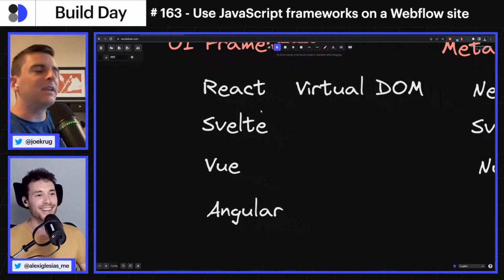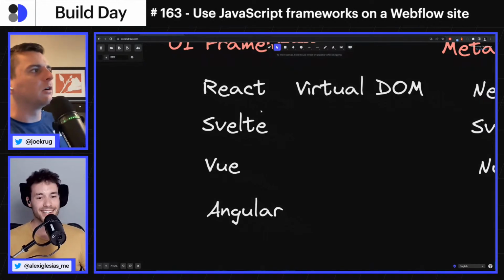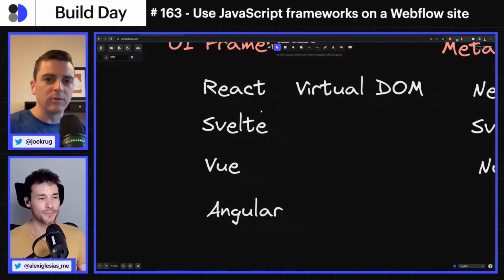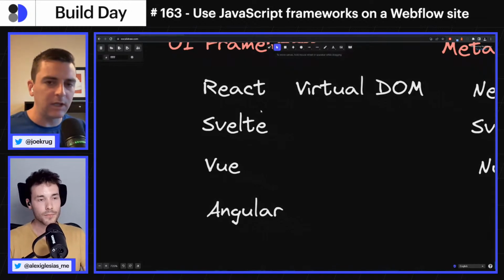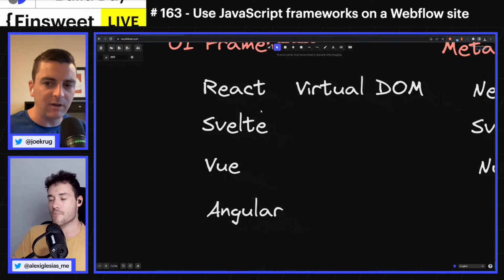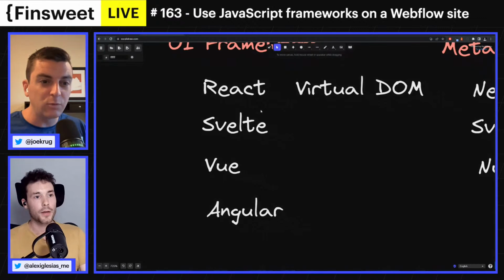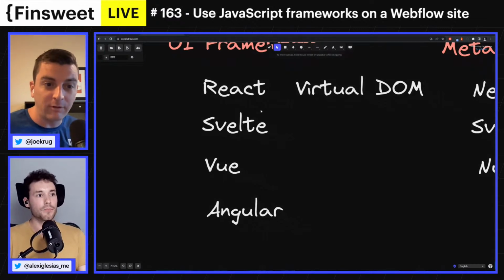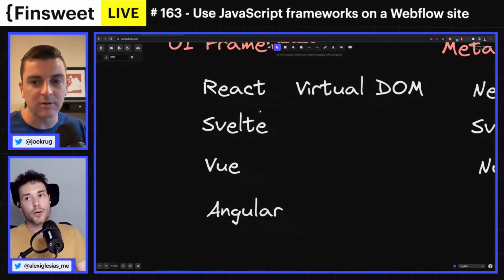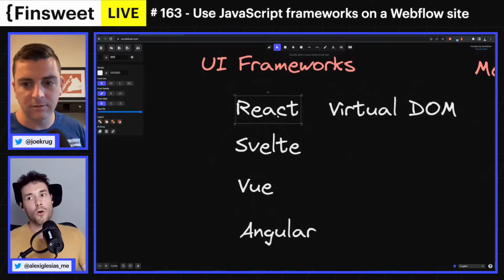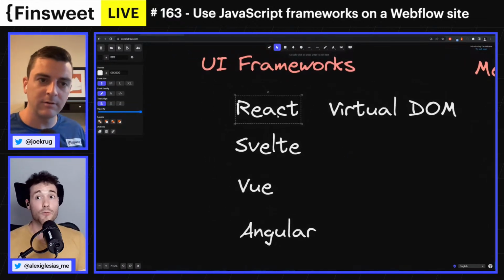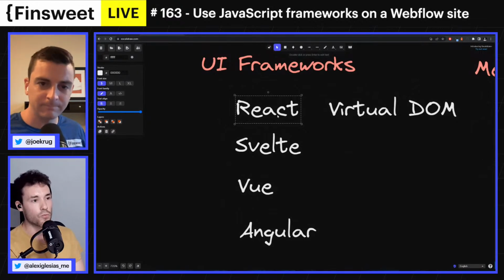Maybe let's give a quick example of why you would want to use one over the other. Would it have to be based on the complexity of the application? Is this a pure preference thing? Is one more performant or more powerful than the other? Okay, preference. For example, there are people who always have a preference for React because React is the one that everyone uses. So it's kind of like the WordPress of the